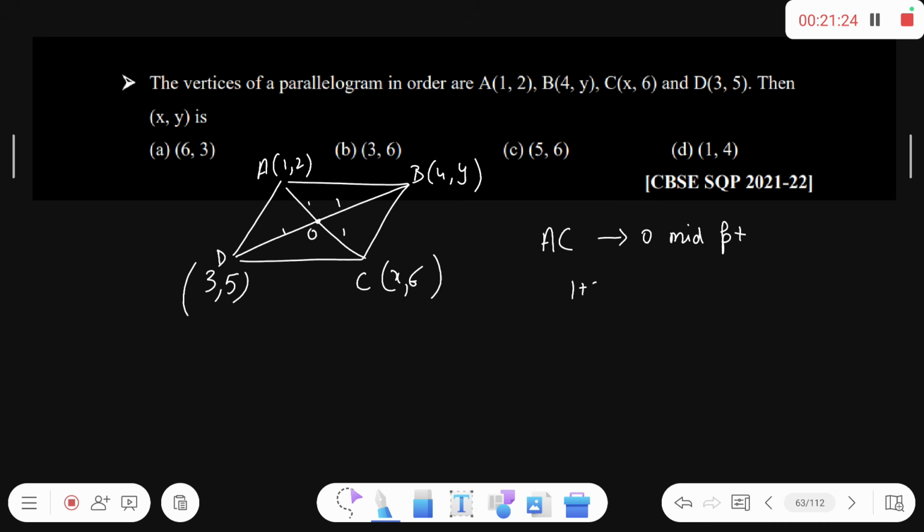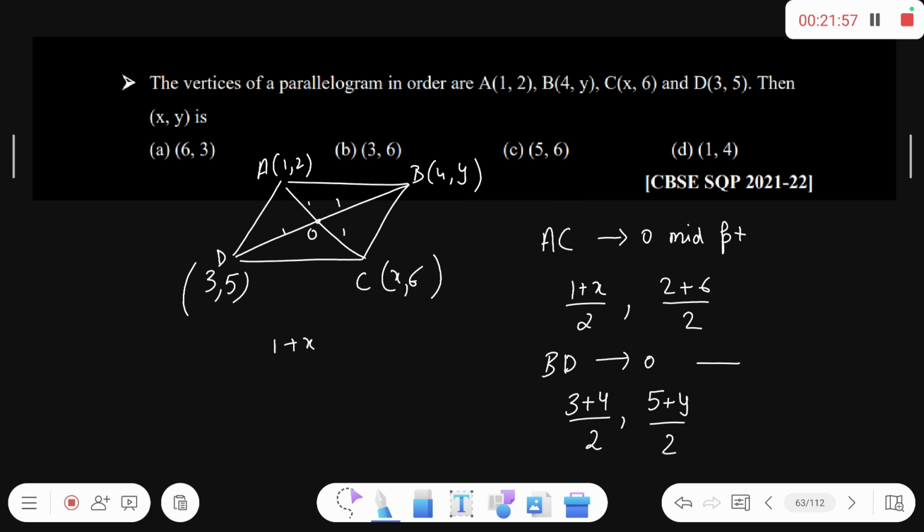According to midpoint, (1 plus x) by 2, comma (2 plus 6) by 2. These are the coordinates. And if we take BD, again O is midpoint. So on that basis, this is (3 plus 4) by 2, comma (5 plus y) by 2. Now the O point is same, equating the two, we can say (1 plus x) by 2 is equal to